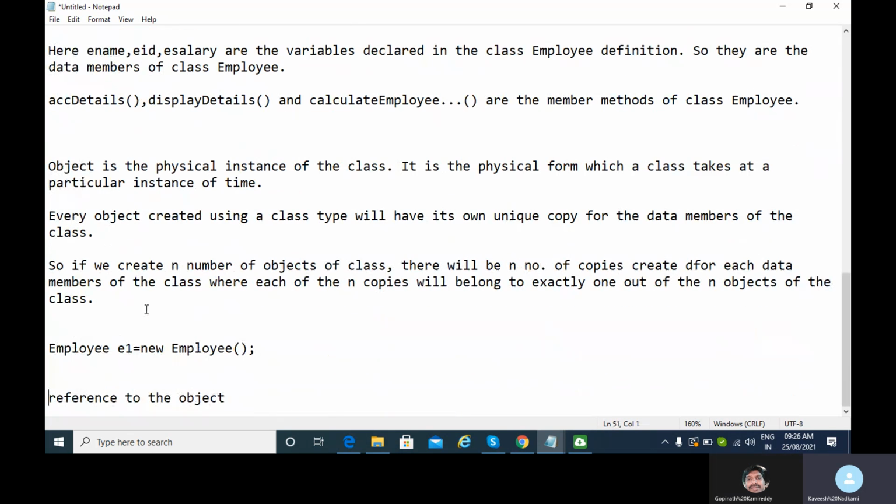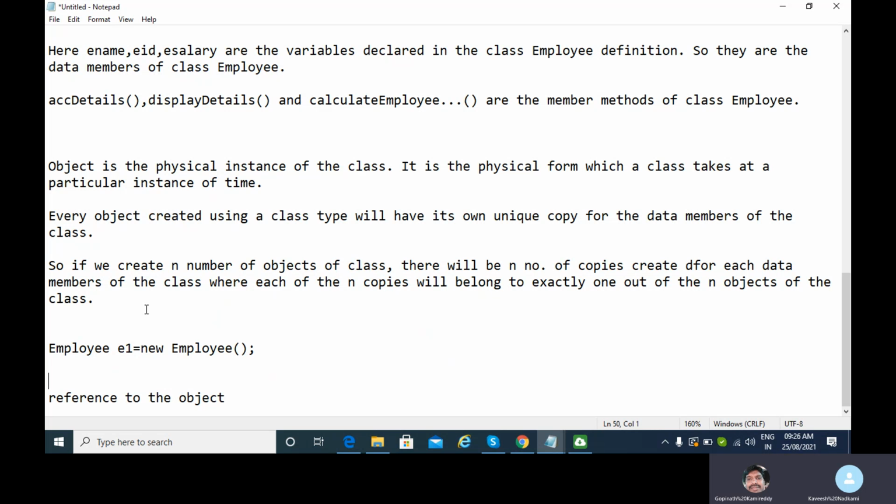So always remember that the use of a reference variable is to access the members of that object to which it is referring, that is, whose address has been assigned to it. And unlike pointers, we will not use the arrow operator or the star operator on E1. You will use the dot operator on E1 directly.